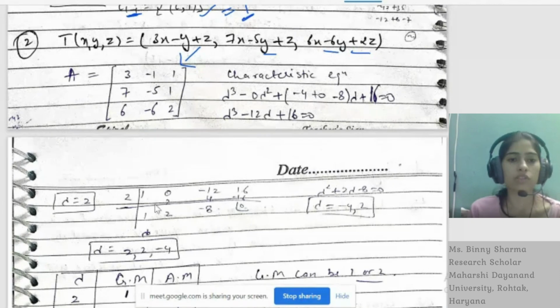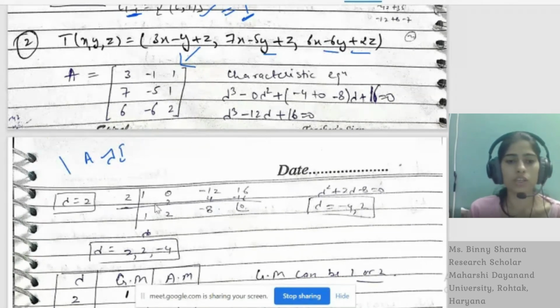We get A equals [3, -1, 1; 7, -5, 1; 6, -6, 2]. You can find the characteristic equation directly, but there is a formula for a 3 cross 3 matrix. So we apply this formula: lambda cube minus the trace, that is 3 minus 5 plus 2, that is 0, lambda square